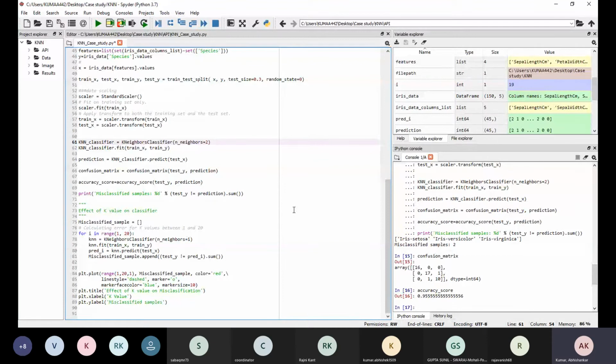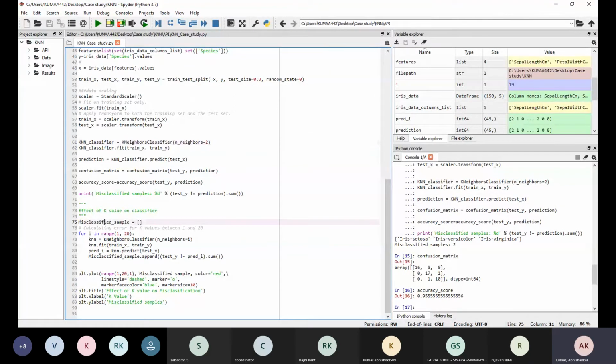There are multiple measurements of distance. One is Euclidean, another is Manhattan distance. So you just make it a hyperparameter and see whether that has any impact on accuracy.